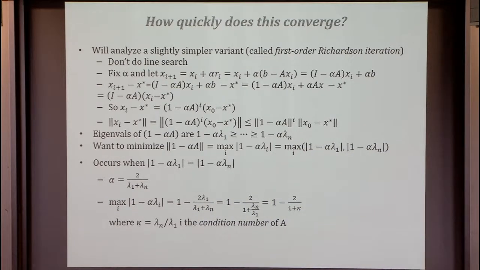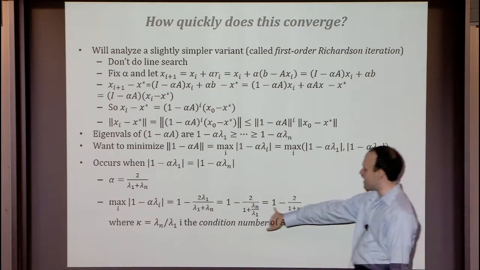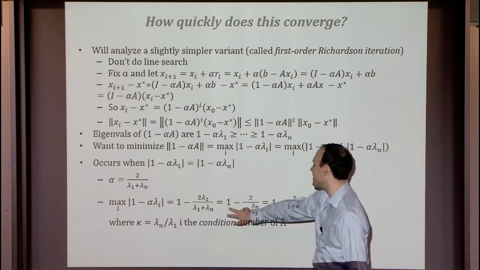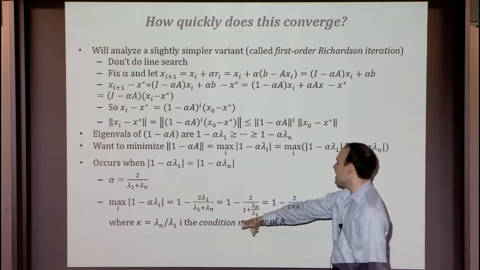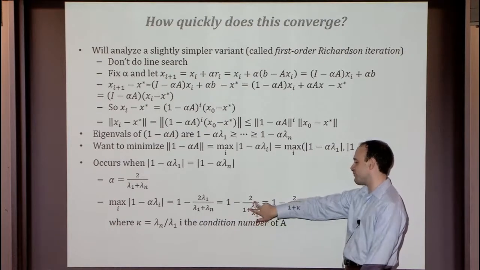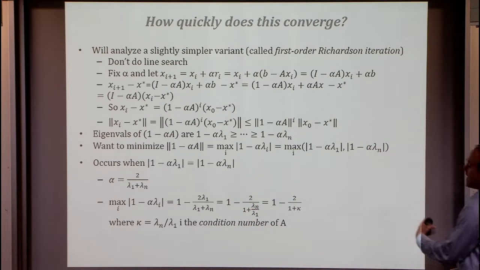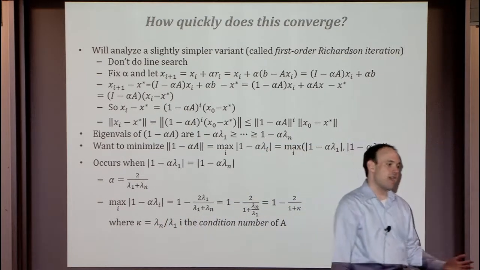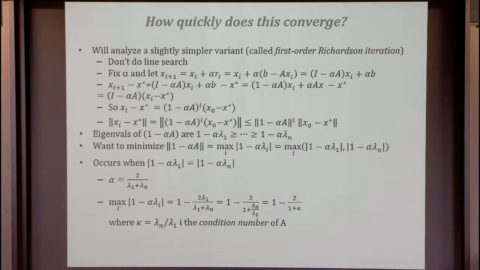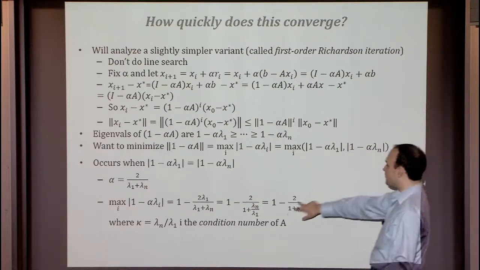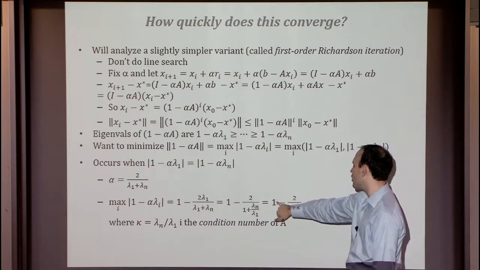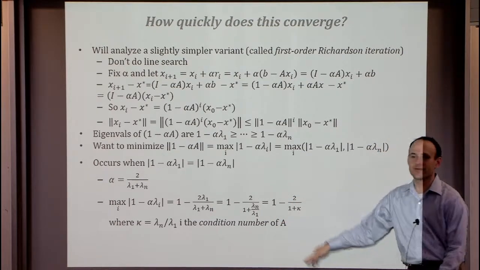And when we put it together, what do we get? We get that this maximal value is going to equal, well, we can rewrite it a little bit. We're going to divide the numerator and denominator by lambda 1, and write this as 1 minus 2 over 1 plus this ratio, lambda n over lambda 1. And we're now, from here on in, going to name the ratio lambda n over lambda 1 kappa. And that's going to be the condition number of our matrix, and that's what's going to dictate the convergence of essentially everything we study. So the upside of all this analysis was that we got that the max value of this function was just 1 minus, essentially, constant over kappa.